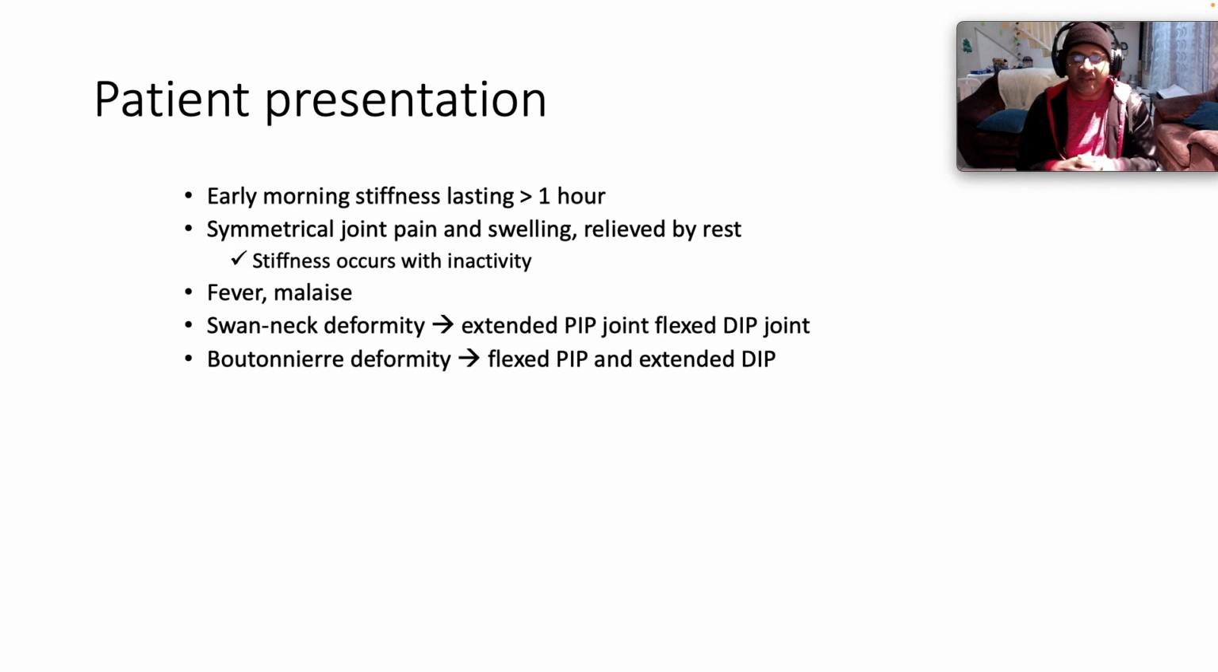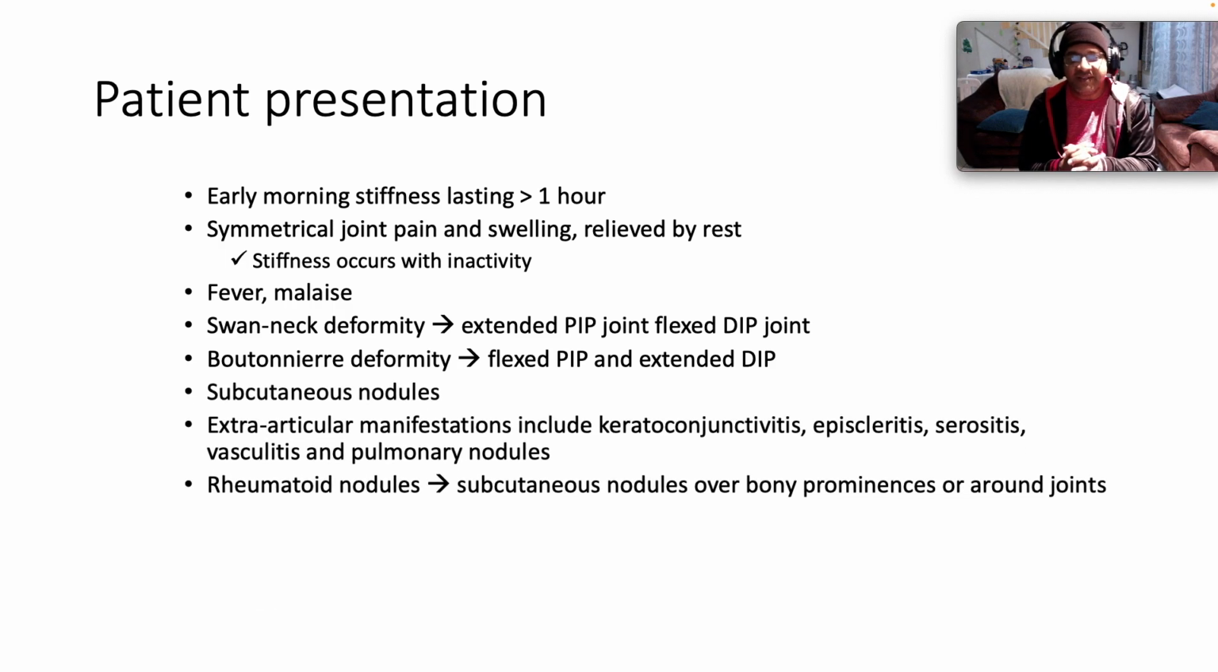Typical joint deformities: it loves the small joints of the hands symmetrically, and it involves the PIPs and the DIPs, right? So swan neck deformity speaks to an extended proximal interphalangeal joint with a flexed distal interphalangeal joint. Boutonniere deformity is the other way around, where you've got a flexed proximal interphalangeal joint and an extended distal interphalangeal joint. You can also get subcutaneous nodules and a whole host of extra-articular manifestations, including keratoconjunctivitis, episcleritis, serositis, vasculitis, and